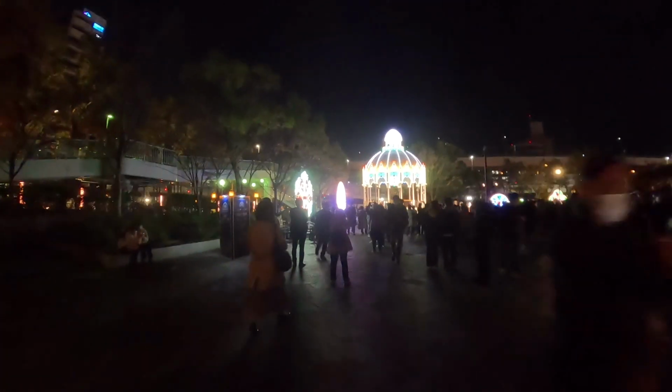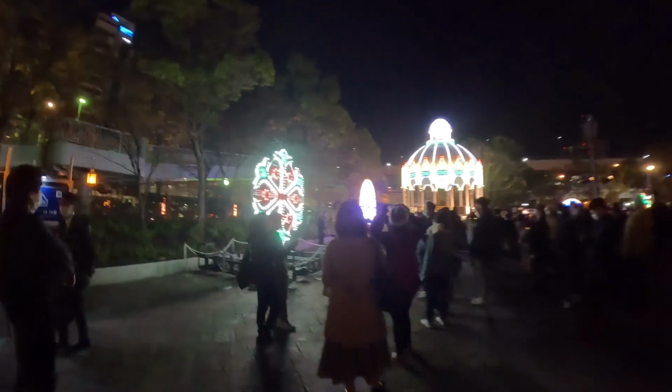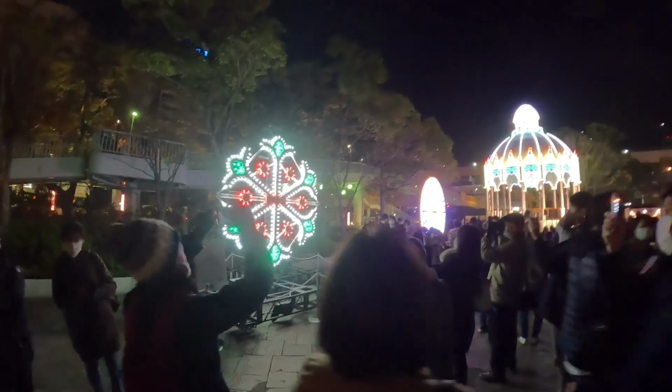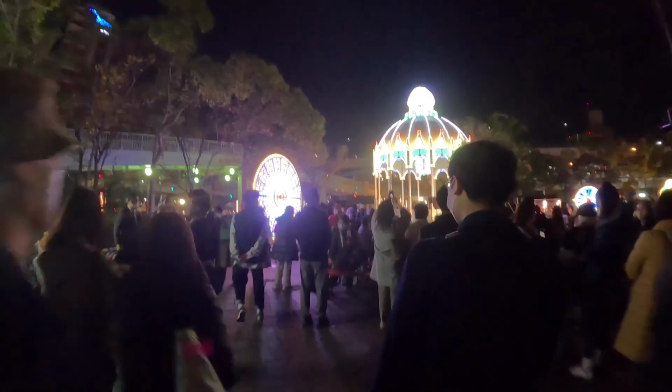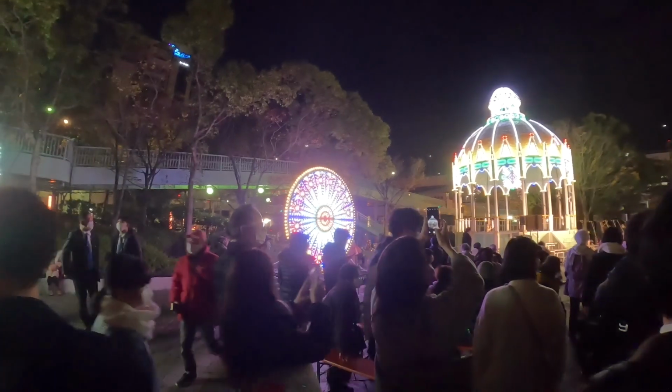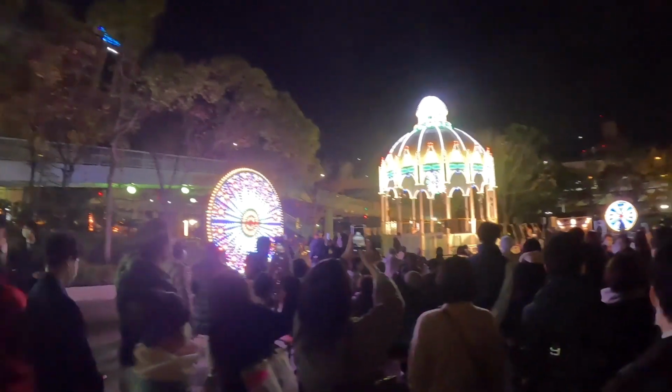Kobe Luminarie, the scale this time is reduced because of COVID-19. The reason why this event is held is to remember the huge earthquake that hit around the Kobe area in 1995, which is